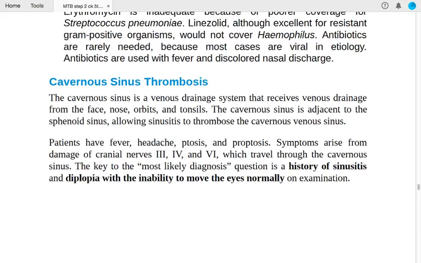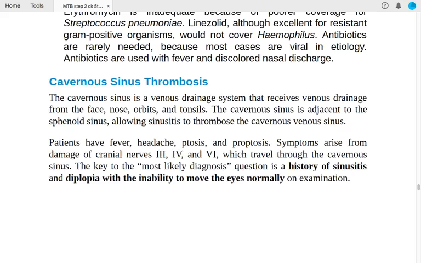Now the patient has fever, headache, ptosis and proptosis. These are all the features in a patient. Symptoms arise from damage of cranial nerves 3, 4 and 6: oculomotor, trochlear and abducens, right? All the cranial nerves related to the eye travel through the cavernous sinus. The key to the most likely diagnosis question is a history of sinusitis and diplopia with inability to move the eyes normally. So if in a vignette you see a history of sinusitis, diplopia, and an inability to move the eyes normally, this is most likely a case of